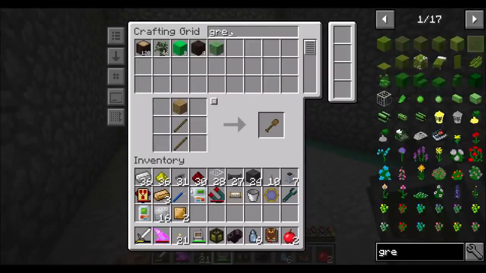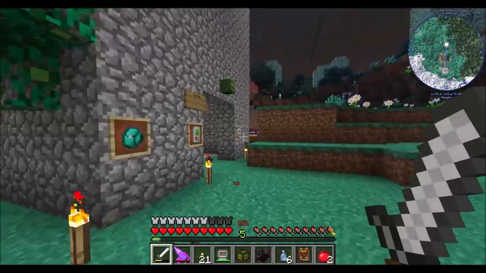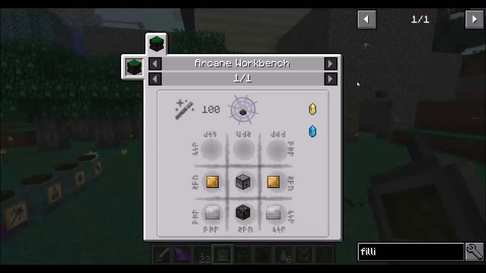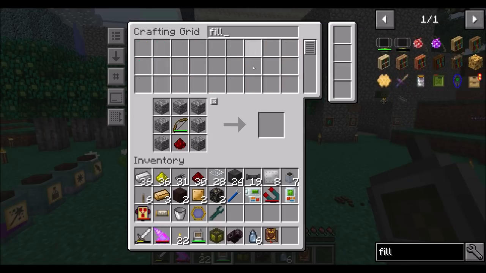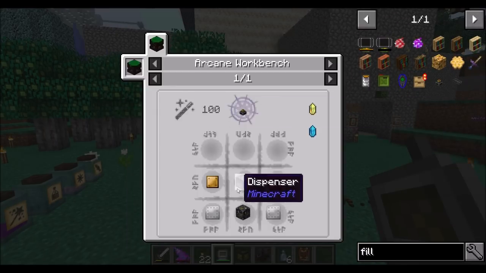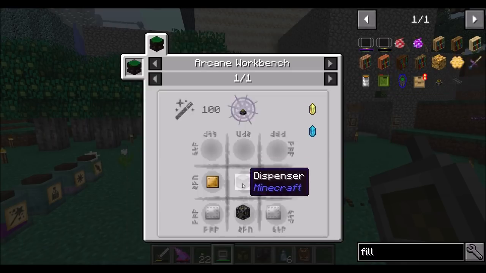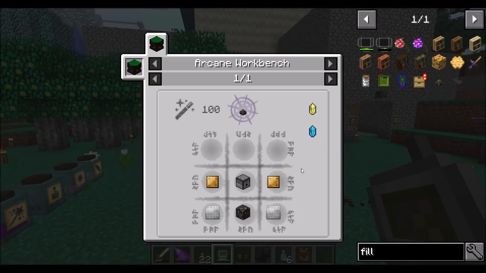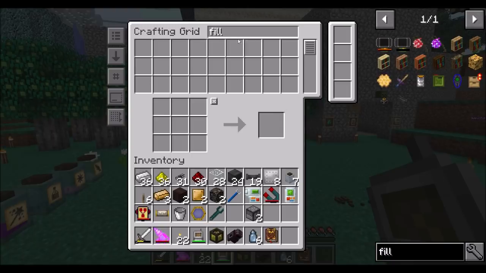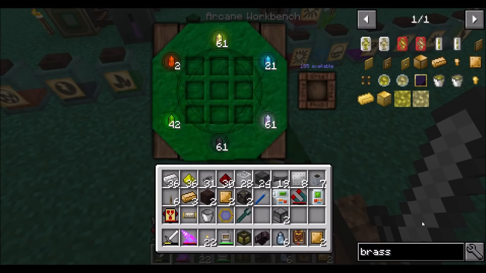So let's get our great wood log planks again, because I need a few more of those. And ooh, it's going to be nighttime. Let's sleep through the night. All right, so let's do the thing. Maybe thing. Filling Essentia, dude. I need 1, 2 bows. And then I need 1, 2 dispensers. And then I need my brass plates that I made. And then I should...